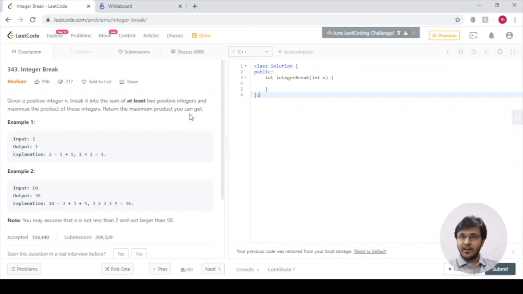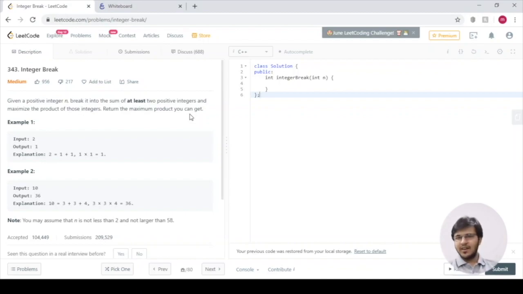But in order to get to the maximum product of 9, you will have to calculate first the maximum product of 8. For 8, you will have to calculate for 7, and so on. So here you will be calculating the maximum products for each number from 1 to n to get the maximum product for n. Iteratively, you can calculate the maximum product from 1 to n and finally get the result. I think you can solve this question with DP on your own. We will be discussing a different approach, a mathematical one.